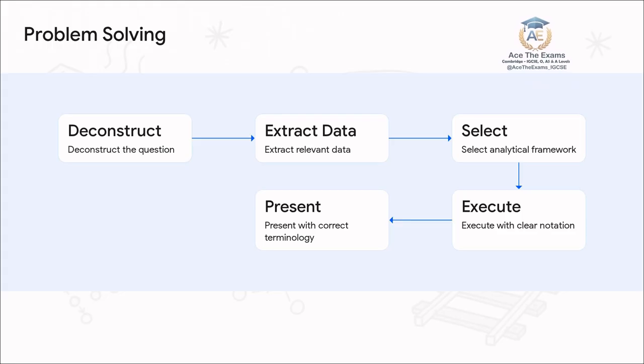If the question happens to be a calculation involving changes in volume and temperature, lay out your mathematical working clearly, step by step. Don't hide your math. And finally, Step 5. Present with proper terminology. This is where dreams are made or crushed. Do not ever say particles get bigger. Say the amplitude of vibration increases when you're talking about solids, or say intermolecular forces are overcome when discussing liquids